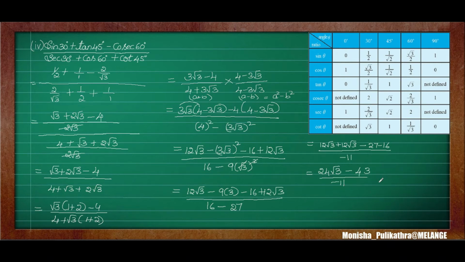So again you can't rationalize further. So I will be taking minus as common here. If I take minus common, minus into minus is plus. So plus 43 it will become, and minus into plus is minus 24 root 3 whole divided by minus 11. Here minus minus cancels. Okay, so you can stop here itself, or else you can take minus common and further simplify it. So the answer will be 43 minus 24 root 3 whole divided by 11. So please do the sum step by step slowly, then you can get the answer easily. Okay, I hope you understood.